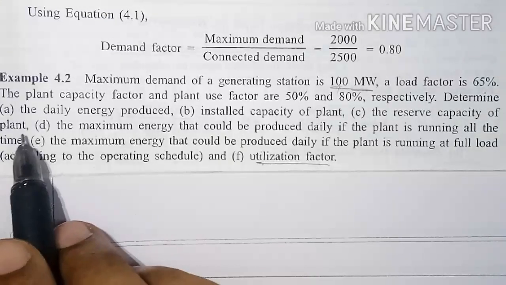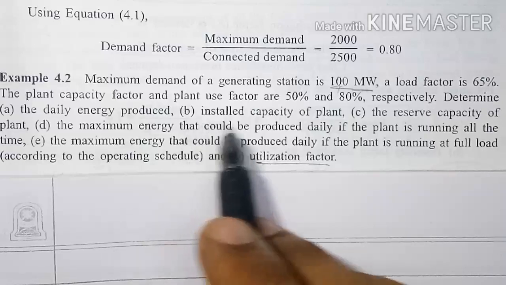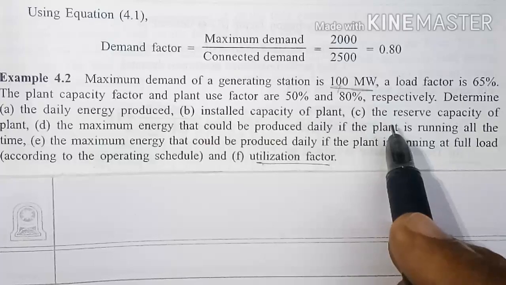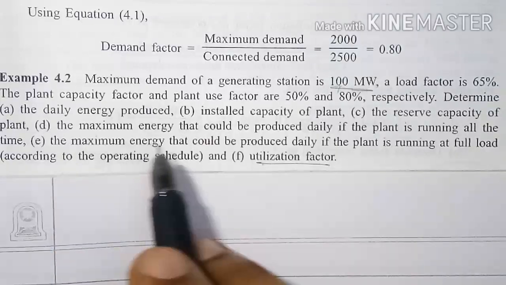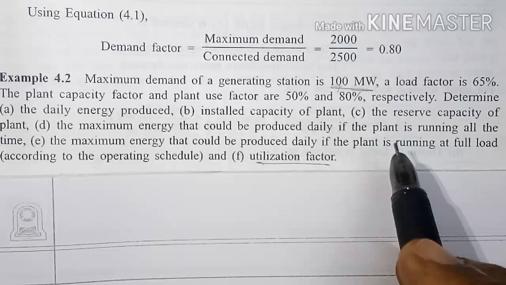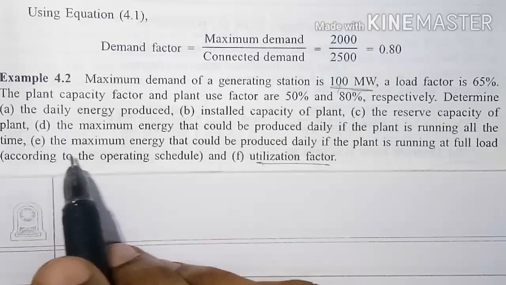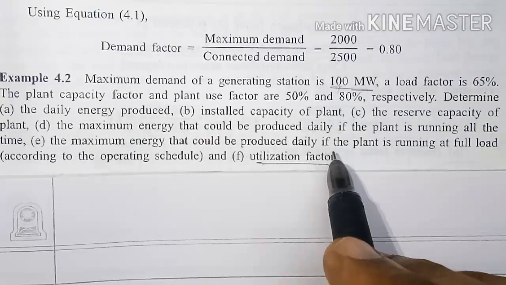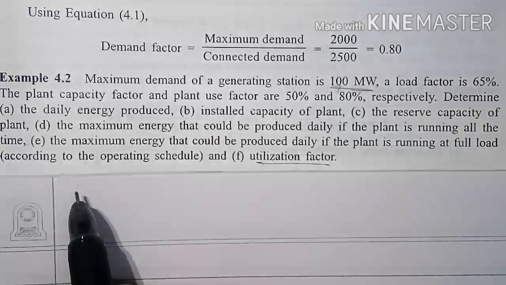Determine A, the daily energy produced, B, installed capacity of plant, C, the reserve capacity of the plant, D, the maximum energy that could be produced daily if the plant is running all the time, E, the maximum energy that could be produced daily if the plant is running at full load